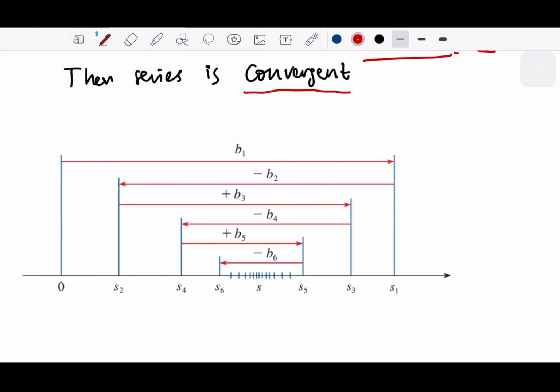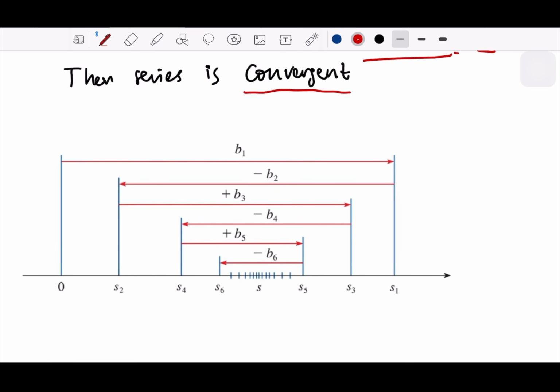Okay. Let's set up just a number line, and this is just to show you the series, or the partial sums, and this is how the series looks. So we set up the first term b1. Okay, it's going on here. So this is the partial sum 1, s1, and then